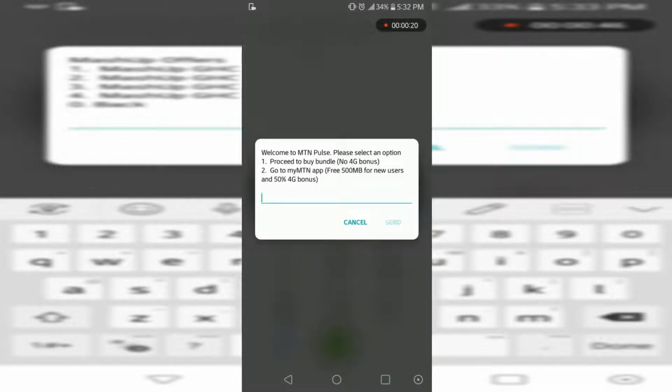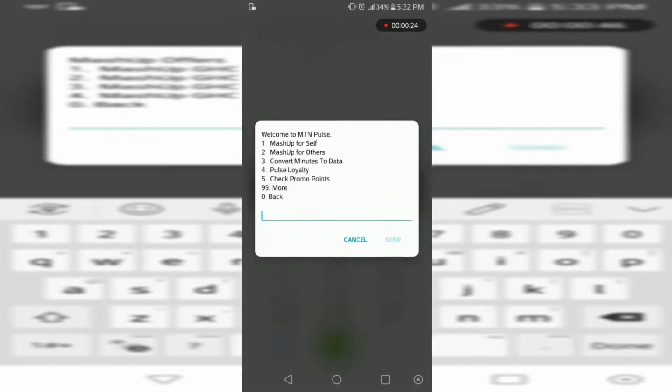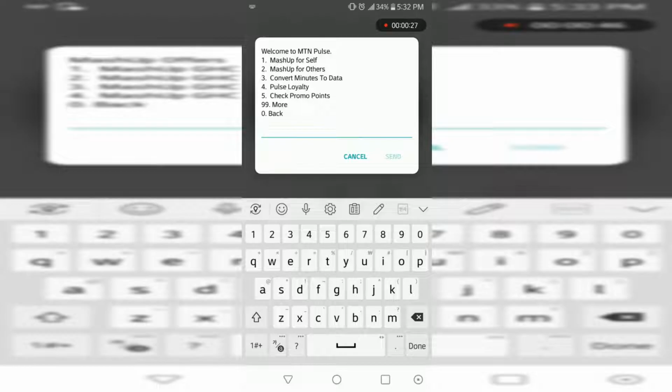And then here we choose one because we have the MTN app already installed. Let's choose one, and then let's get to the main menu. So here is Mashup for self, for others, and then you can convert your Mashup minutes to data, and then your post loyalty, and then you can check your promo points. So here we want to buy for ourselves, so let's choose one,